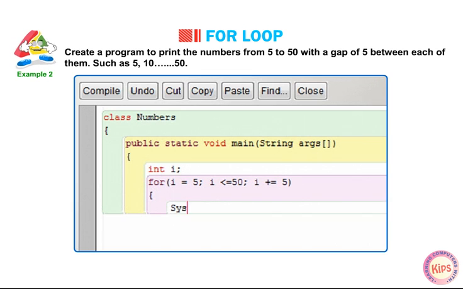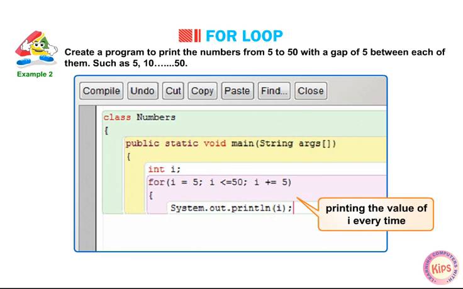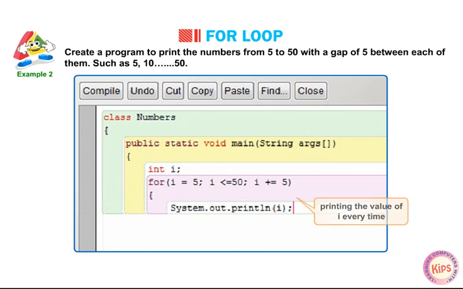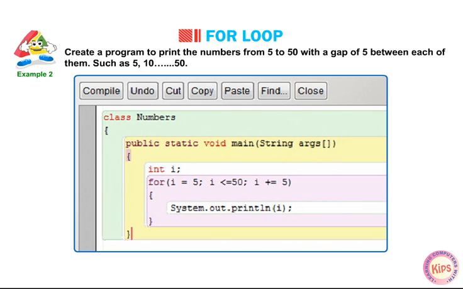{ System.out.println(i); Printing the value of i every time. } } }